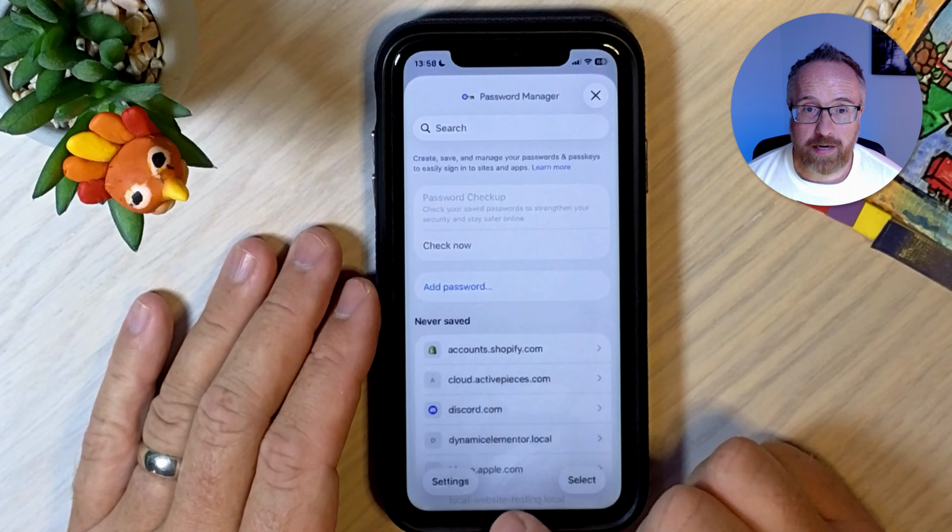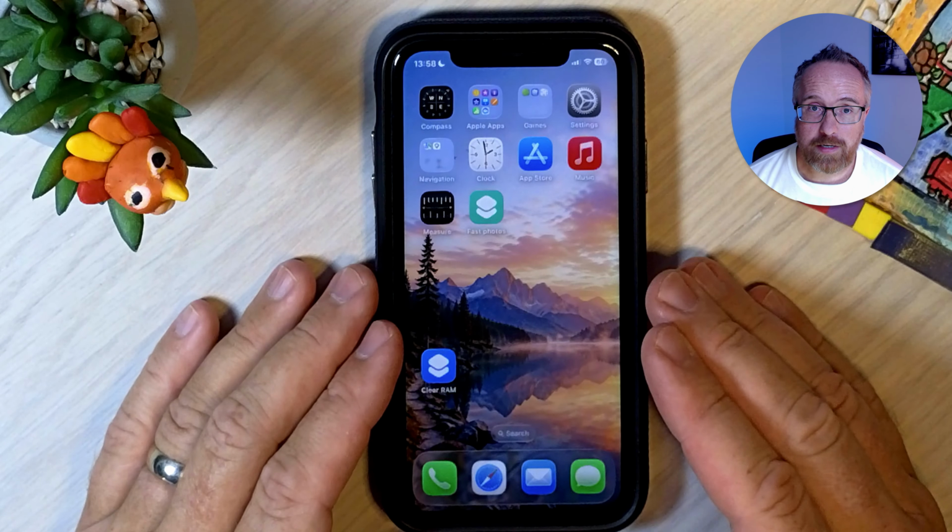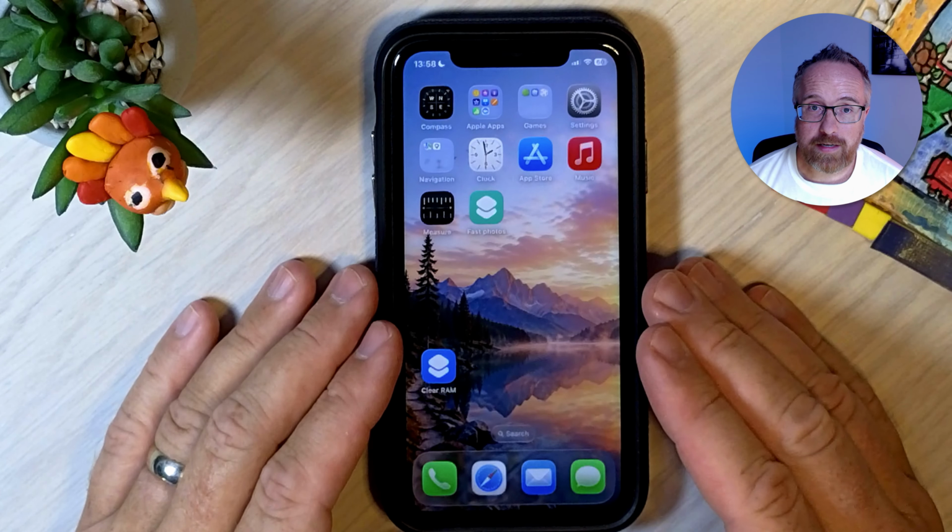So if you didn't find the password in one of those 3 places, your next best option is to just reset your password and then not lose that one. To reset it, go to settings, go back to the main settings page, and then tap on sign in and security. And then you can tap right here, change password. And you got to enter your passcode or use Face ID. Sometimes there's a security lockout for a certain amount of time. And then you can just choose your new password, then confirm your new password, tap continue,